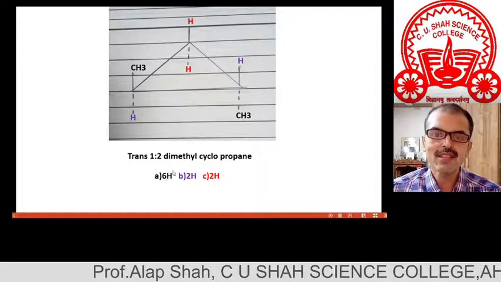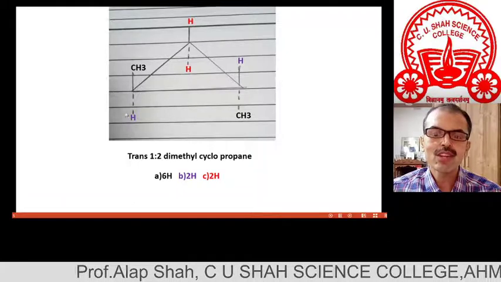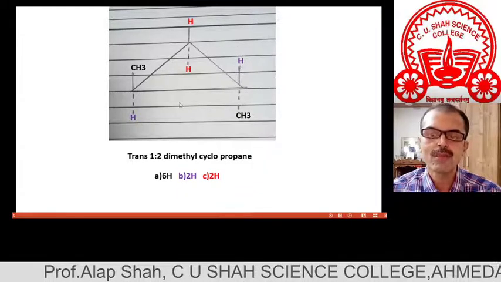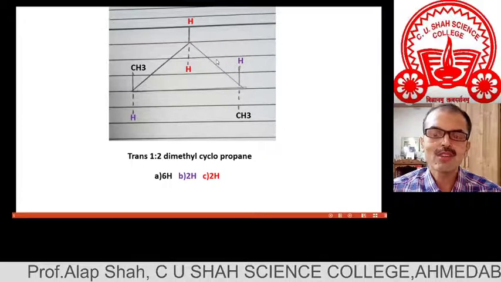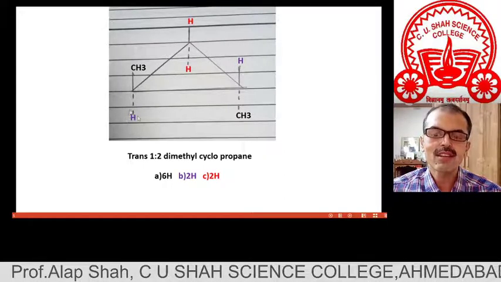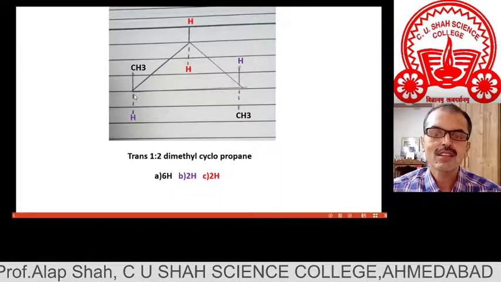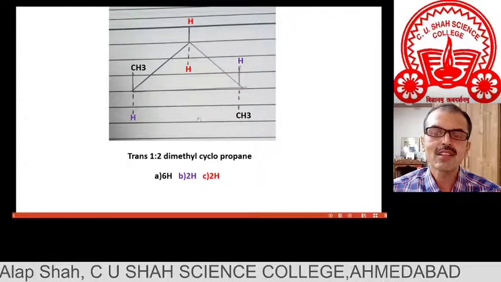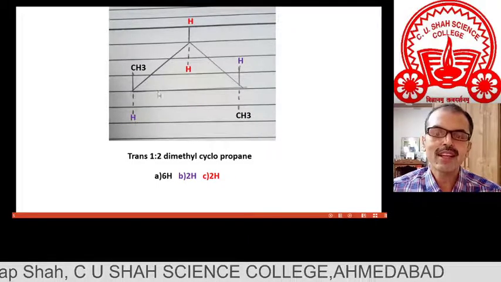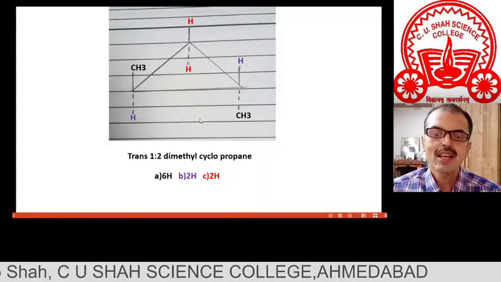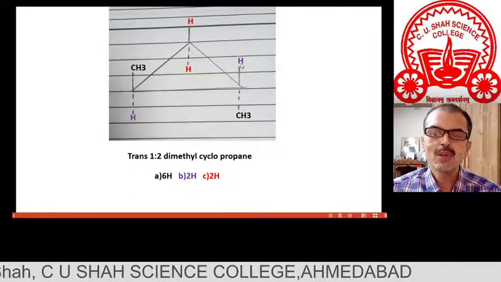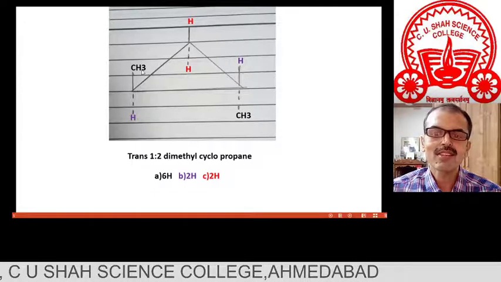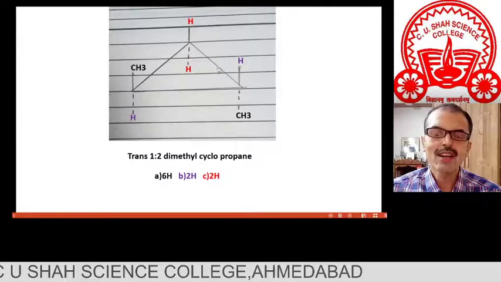You can see that there are six hydrogens. Now we have to check whether these two hydrogens that I have shown with the blue color are the same or not, and whether they are also the same as the red one or not. Let us check. This hydrogen has CH3. Each blue can interact with the red proton and black CH3. So at least these two are the same.